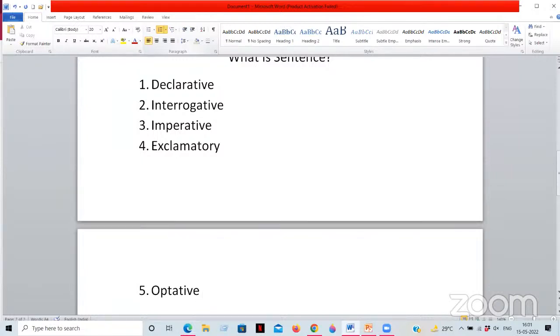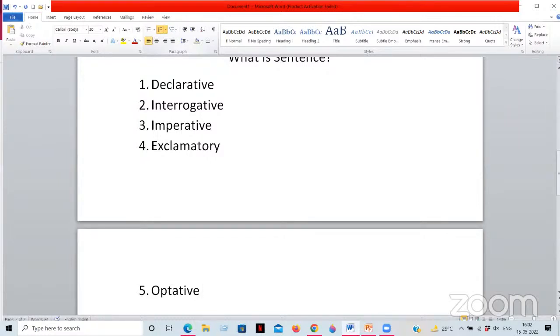You can pass your judgment in words. That is what is called a declarative sentence. Like if I say that the day is very hot today in Hyderabad, this is what is called a declarative sentence. You are declaring something, expressing something regarding a particular phenomenon or a person or a thing. Okay, that is what is called a declarative sentence.